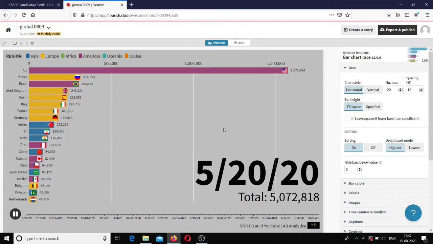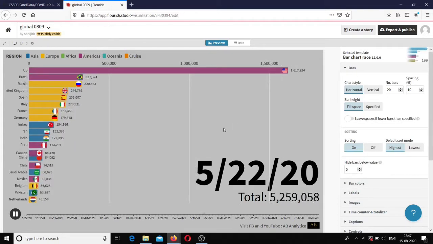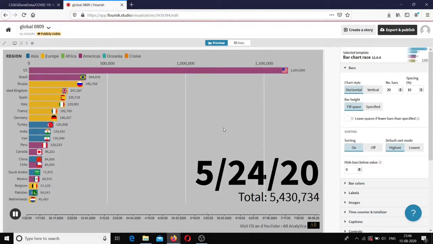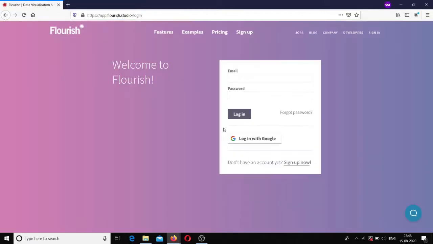So the first step which we have to do is creating an account in Flourish. It is actually quite very simple.